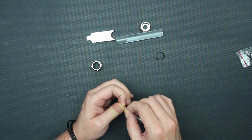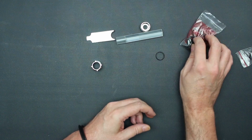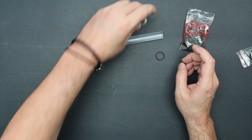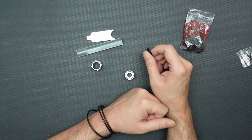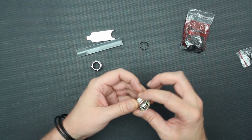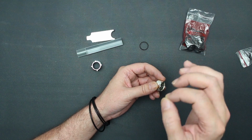I will go over how you install those. I'm not going to lie to you guys, the first one that you do, it's a little bit difficult and you're going to be cussing at me. It's probably going to take you 5 minutes. The second one you do will go at about half that time, and by the 3rd or 4th one you'll have it down and they go pretty fast. Normally we would install the O-rings in the fitting so you didn't have to mess with it, but because we're trying to really get the ultimate fit,